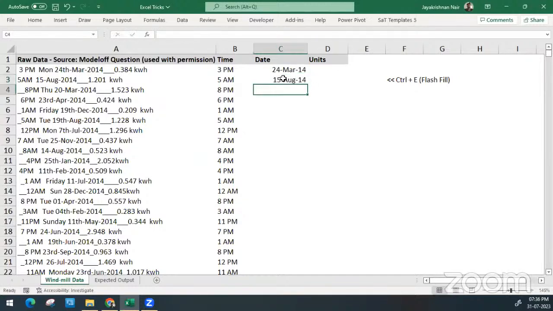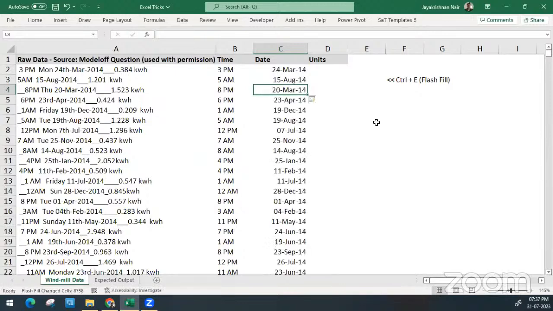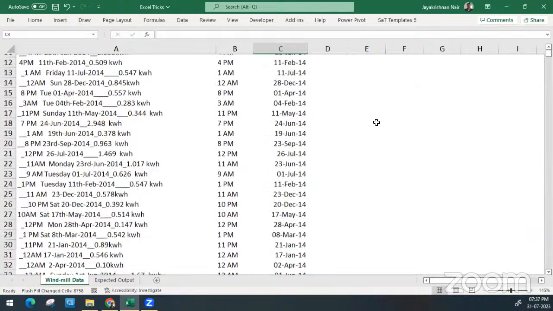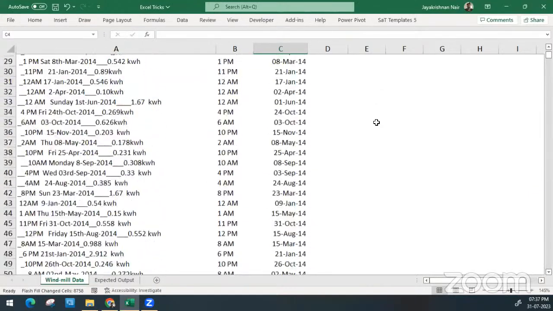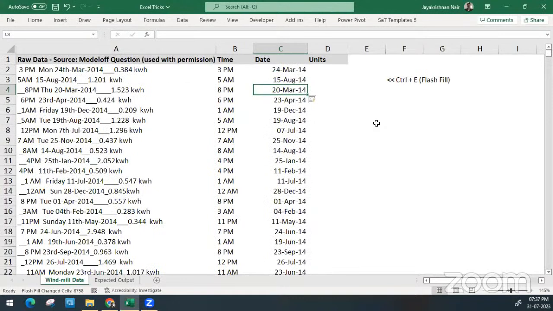15-AUG-2014. Once I have given two examples over here, I come to the third cell. And in this case, it actually has two examples to work. If you want to have more accuracy, you can give more examples. But at this stage, I press Control E. And you can see with just two examples or with multiple iterations, it gives me a better answer in comparison